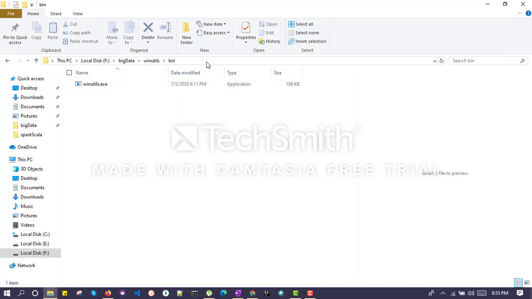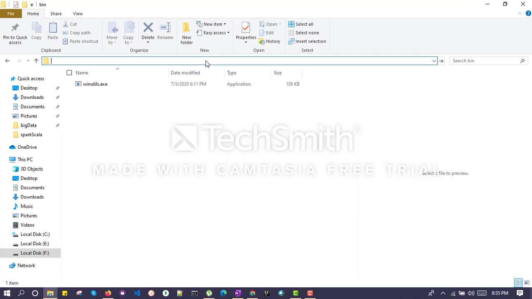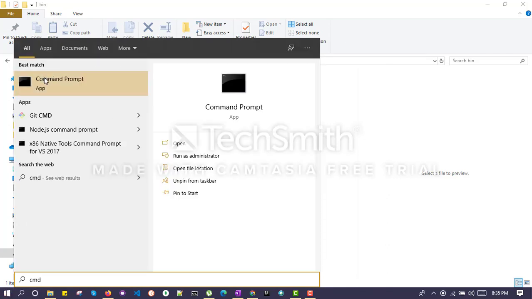Open the command line, cmd. Basically, we need to open cmd with admin permission. So just go over here, click on Windows CMD, right click and run as administrator.